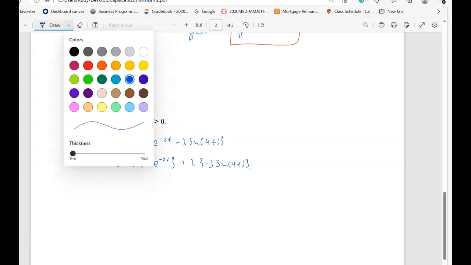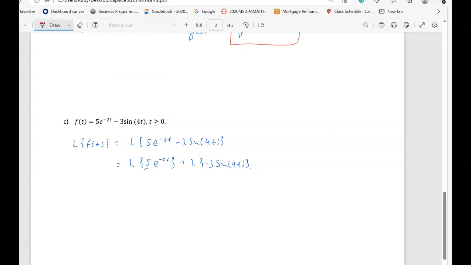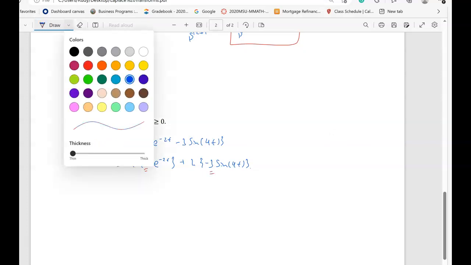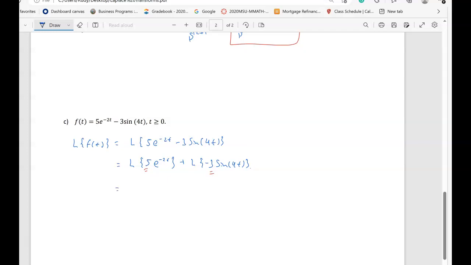Now, I'm just going to extract the constants. So in this case, I'm just going to extract the negative 3 and the 5. So we're looking at 5 times the Laplace of e to the negative 2t minus 3 times the Laplace of sine of 4t. And then this is going to be equivalent to